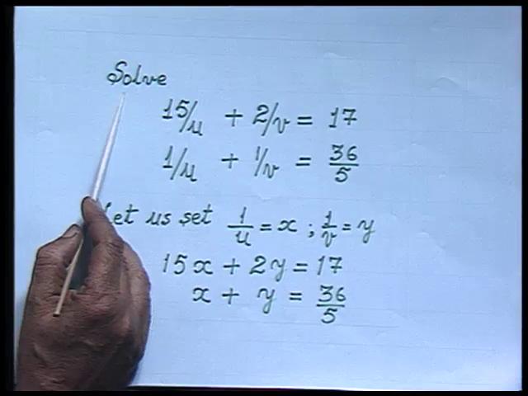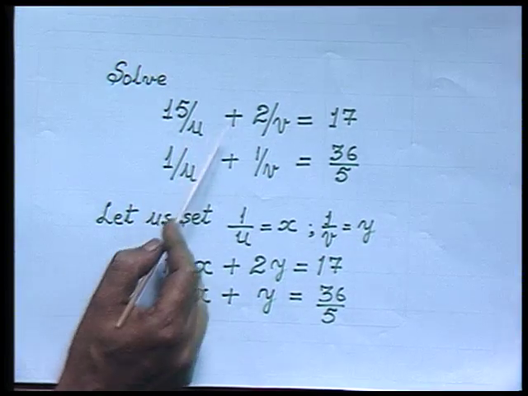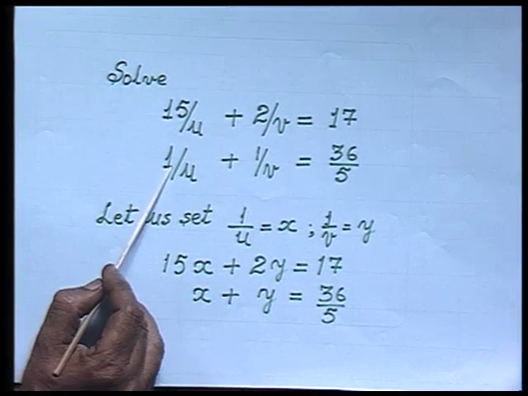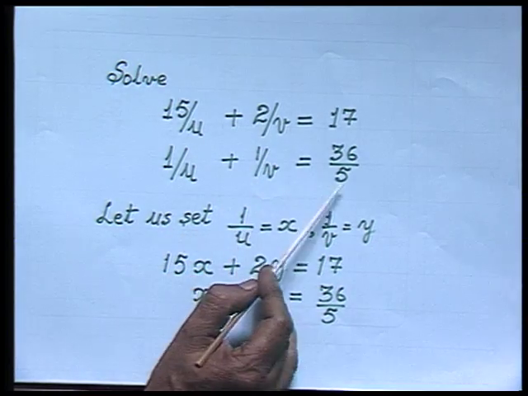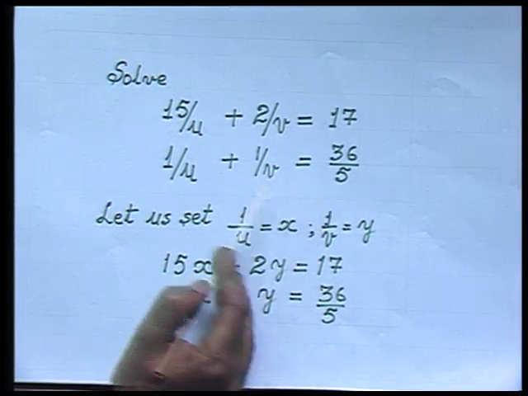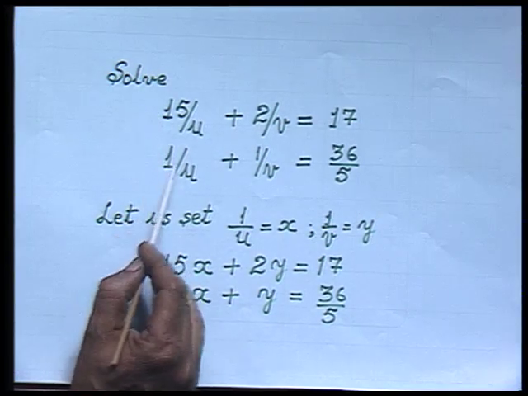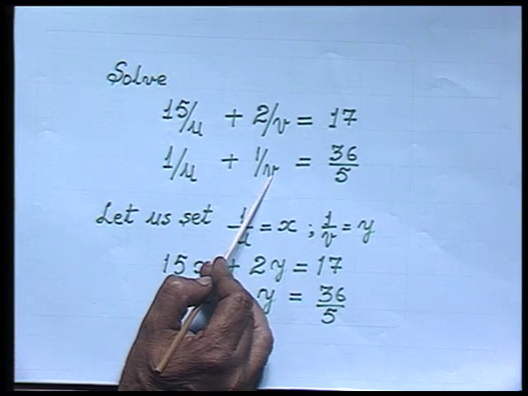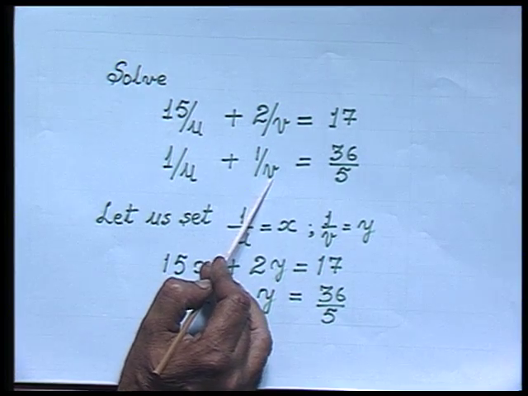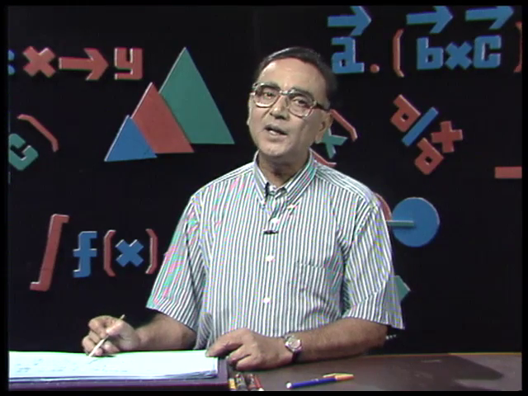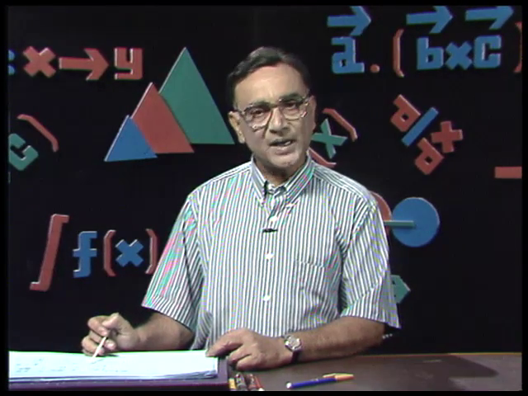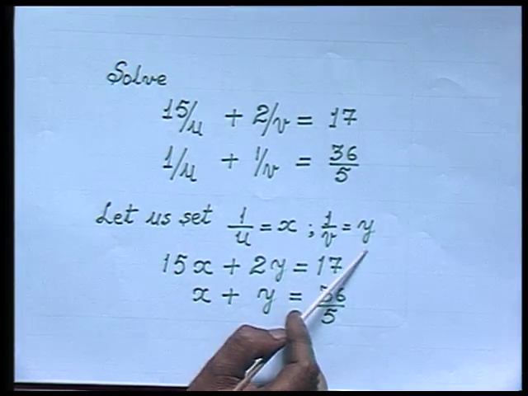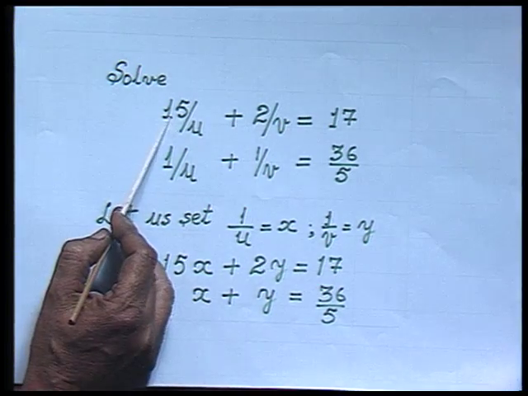Now here we have to solve for 15 upon u plus 2 upon v equals 17, and the other equation is 1 over u plus 1 over v equals 36 upon 5. Now here the system is not a linear system. The first equation is not a linear equation, and the second is also not a linear equation. So what do I need to do? I need to convert it first into a linear equation, and for that purpose I will say let us set 1 over u as x and 1 over v as y,